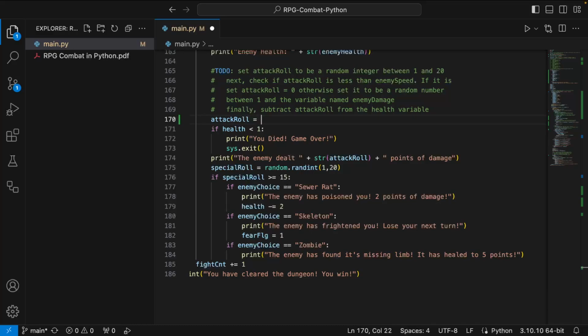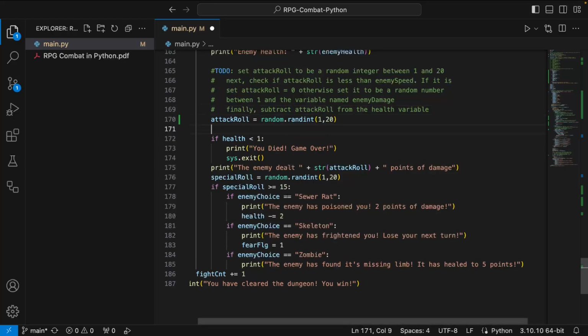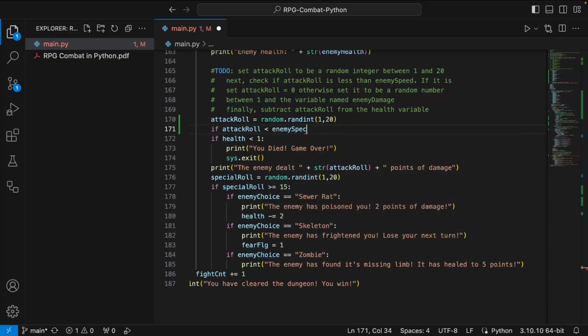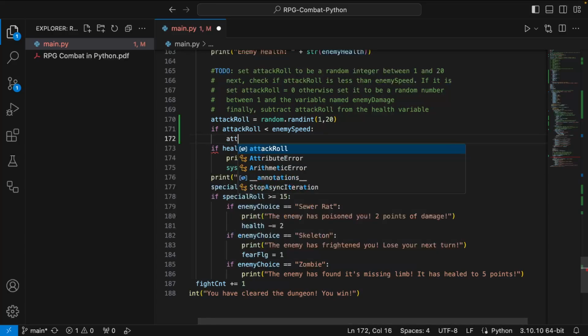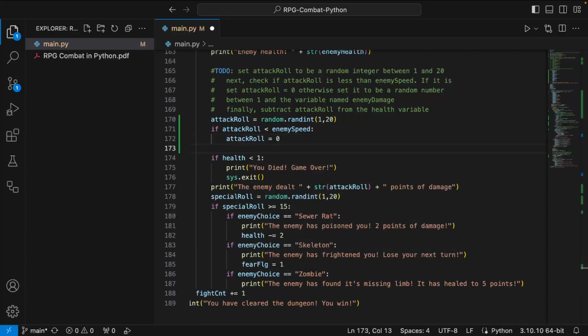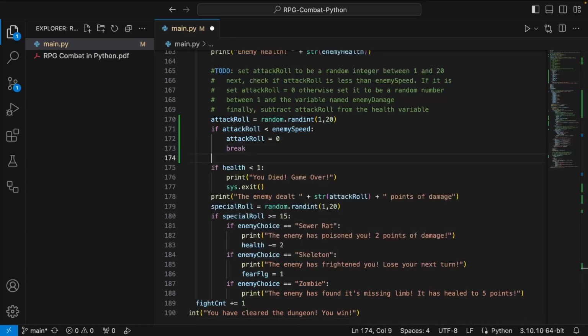I'm going to do attack roll equals random.randint, number between 1 and 20. If attack roll is less than the enemy speed, then the attack roll is equal to 0. I'm going to do it the way that I have it coded. If attack roll is not equal to 0, I just don't want to introduce bugs, but you should be able to do an if else here.